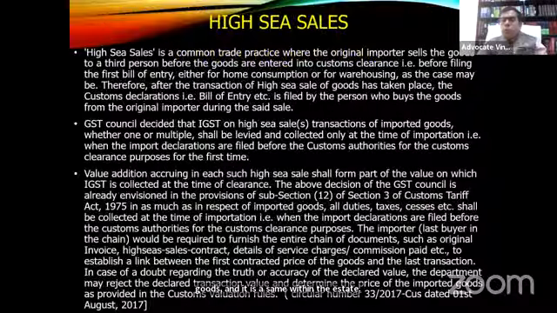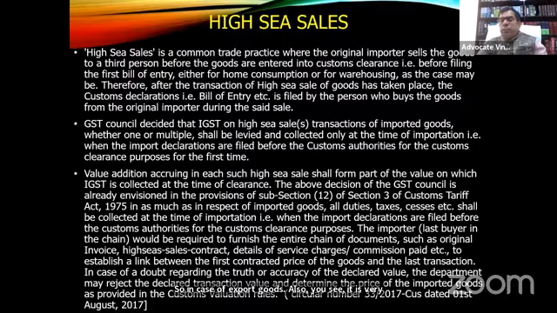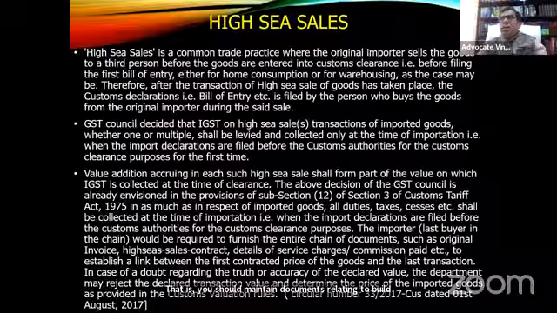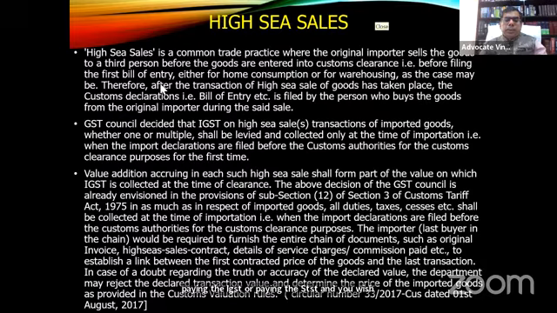So in case of export of goods also, it is very essential that you maintain all the documents in support of your claim for export of the goods. That is, you should maintain documents relating to bill of lading and other export documents, shipping bill and everything, so that if you avail the benefit of the IGST, not paying the IGST, or paying the IGST and you wish to claim the refund of the unutilized input tax credit, then you are able to establish your export transaction.